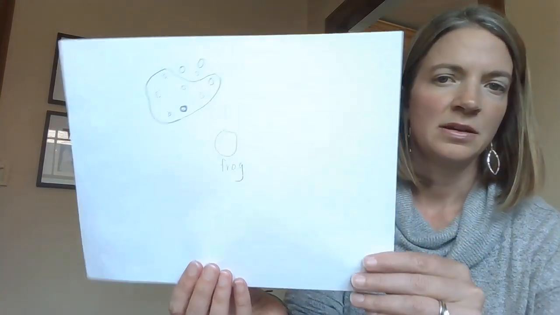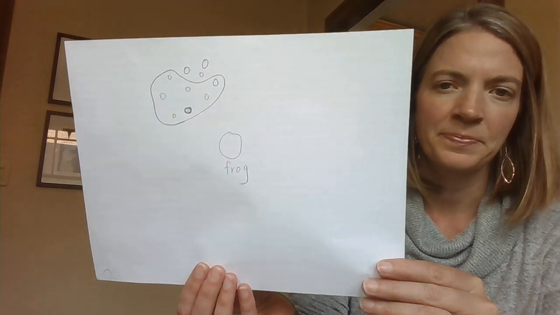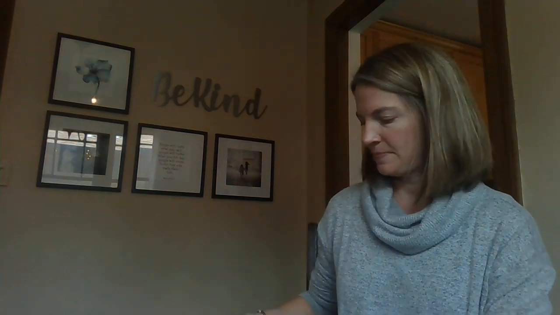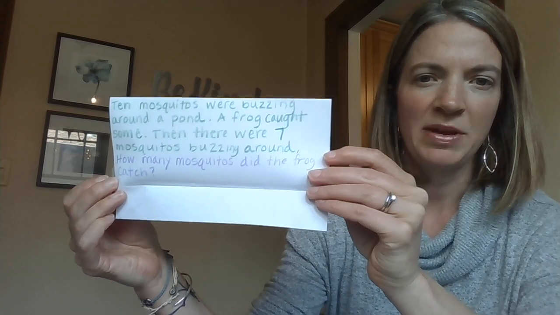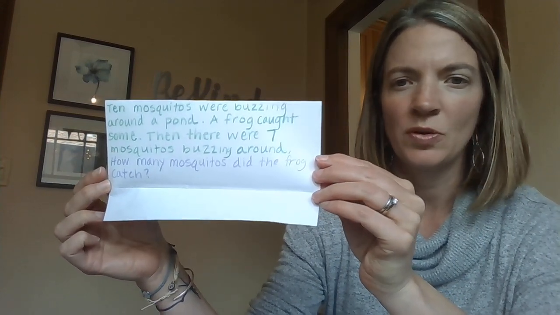I adjusted my drawing by circling the 7 mosquitoes that were left. And let's see, the last part of our problem says, how many mosquitoes did the frog catch? So the whole thing